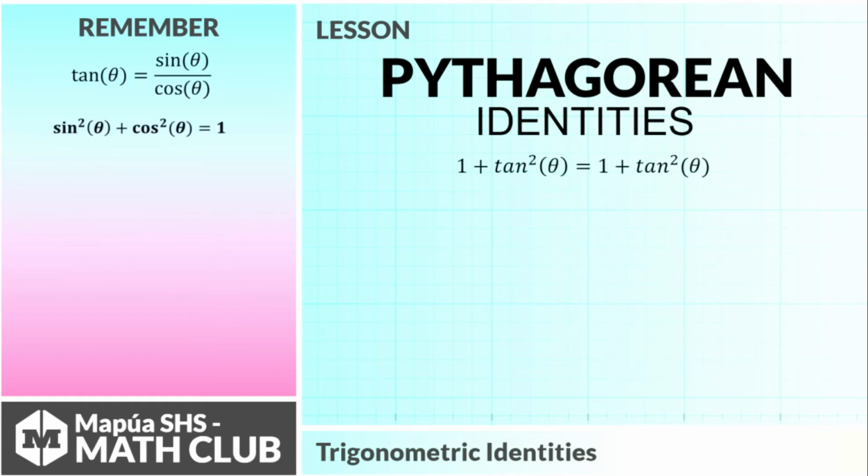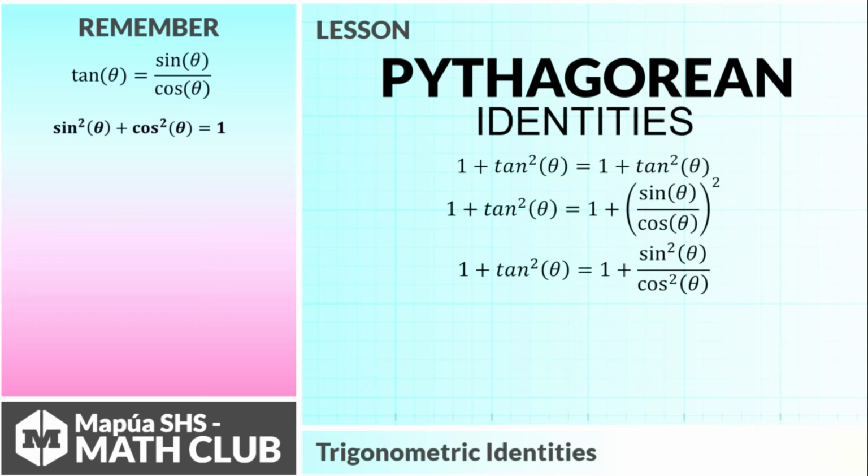Let's try this out. Suppose we have 1 plus tan squared theta is equal to 1 plus tan squared theta, which clearly shows identity. Now let's try to manipulate the right side of the equation by using the quotient identity of the tangent function. We'll have 1 plus tan squared theta is equal to 1 plus the quantity sine theta over cos theta squared. By the laws of exponents, we'll have 1 plus tan squared theta is equal to 1 plus sine squared theta